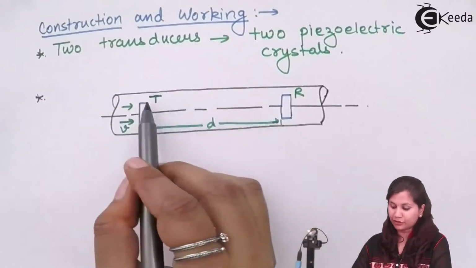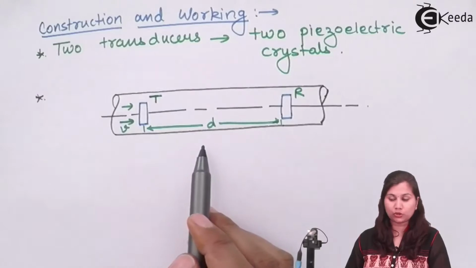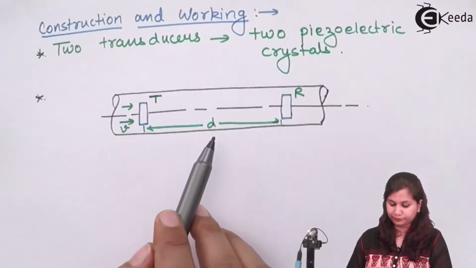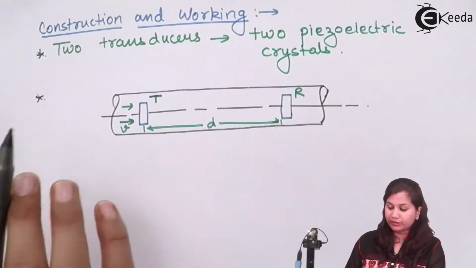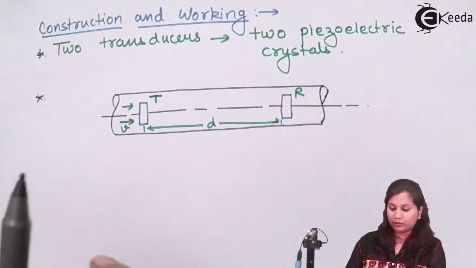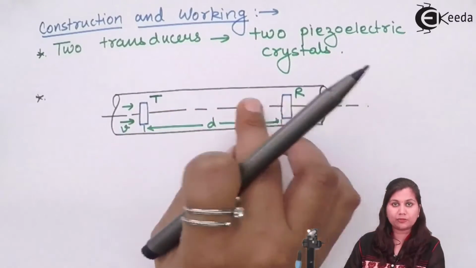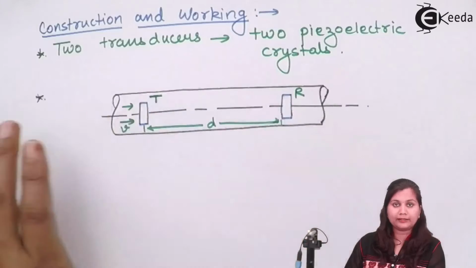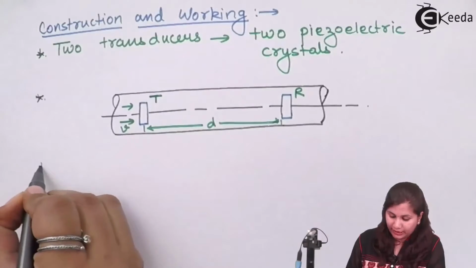They are acting as the transmitter and the receiver. D is the distance between these two crystals. Now, if we find out the time taken by the ultrasonic waves to get received by the transducer, the transit time, upstream and downstream, then we will see that